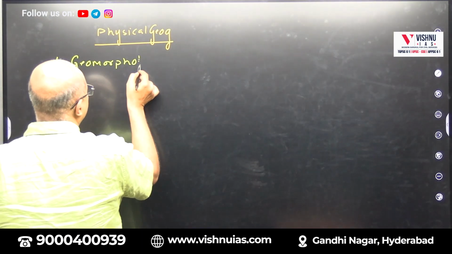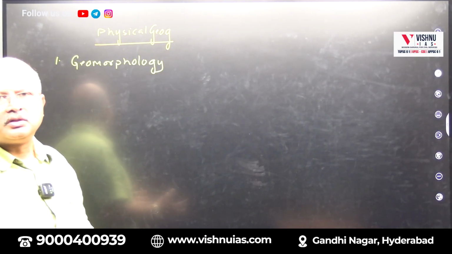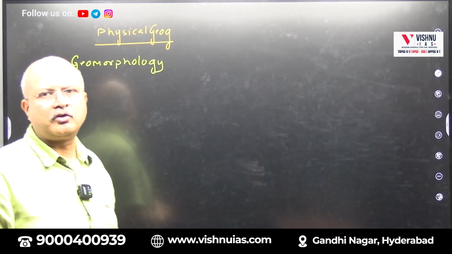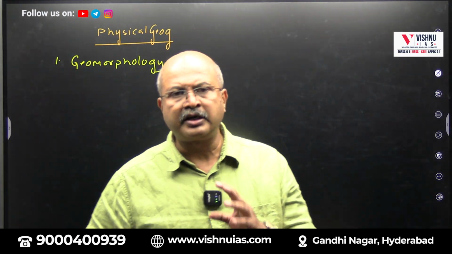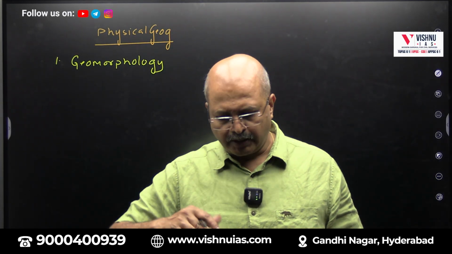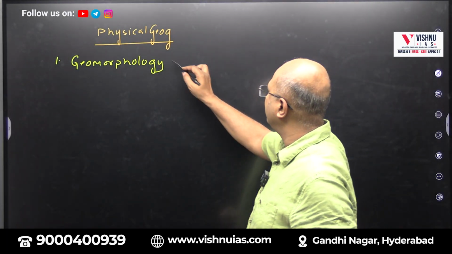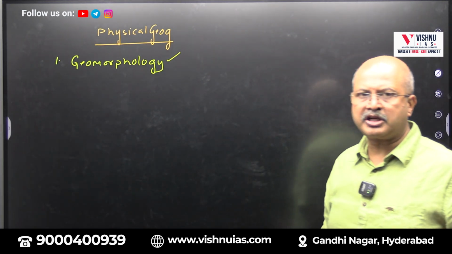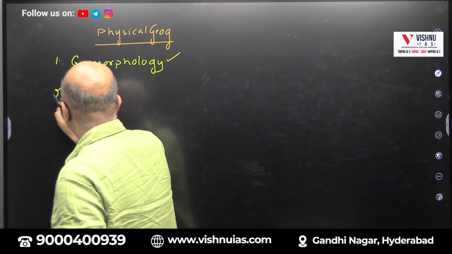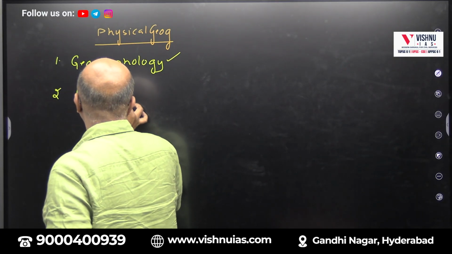Geomorphology, that is the study of the earth's landforms, the rocks, the soils, how the earth has been formed, theories like plate tectonic theory, theories like continental drift theory, earthquakes, volcanoes, erosional landforms, depositional landforms, how the structure has been formed. So the entire thing we will read in the first section or first component called geomorphology. Then once we complete geomorphology, the second aspect is called climatology.